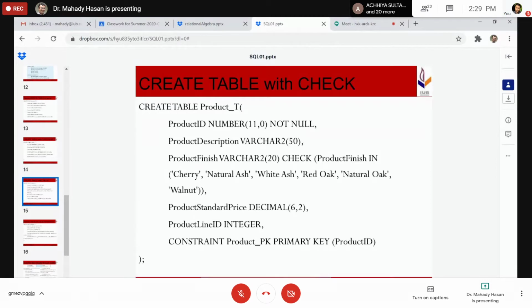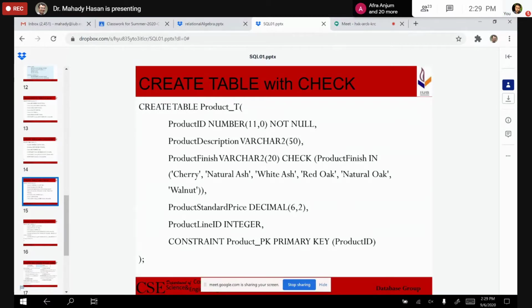Check means any other data apart from this won't be allowed as a value. So the system will check whenever you are entering the data. If the data doesn't match with these values, it won't insert the data.